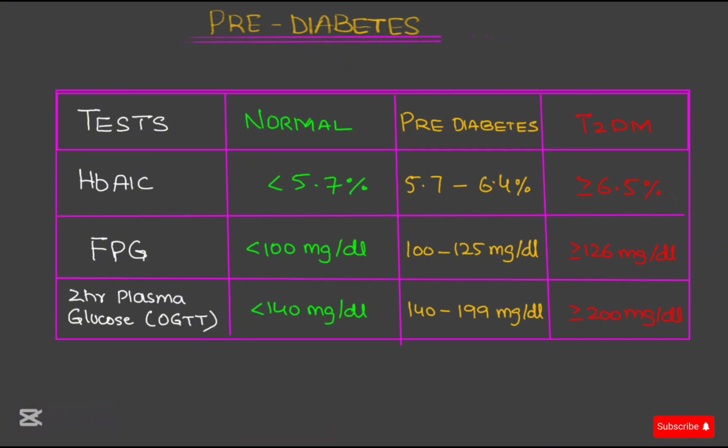After defining prediabetes, now let's talk about the significance of detecting prediabetes. Why is it so crucial to detect people with prediabetes? Is there any way for people with prediabetes to be prevented from developing type 2 diabetes mellitus? Or maybe just delay the progression to type 2 diabetes mellitus? If you want to know, stay with me and let's find out.